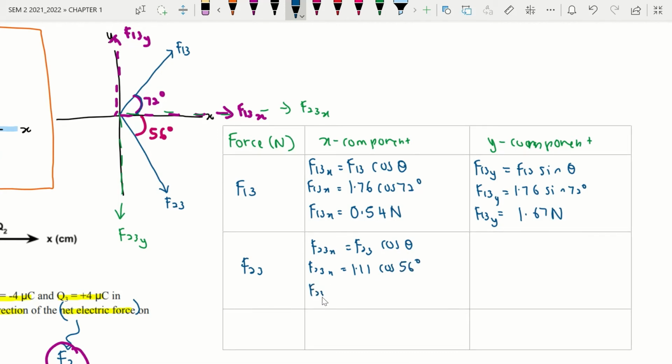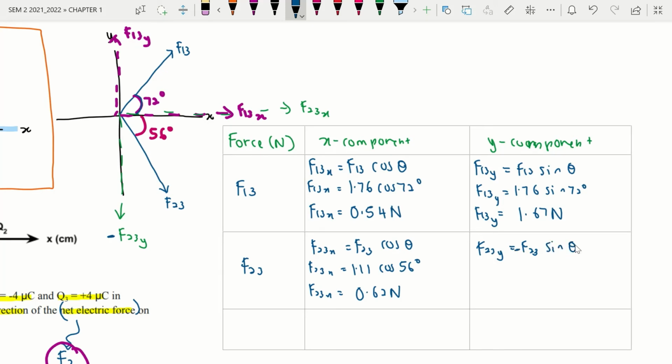If you press your calculator, you will get 0.62 Newton. Then F23y will be F23, but it will be negative because it is in the negative y axis,